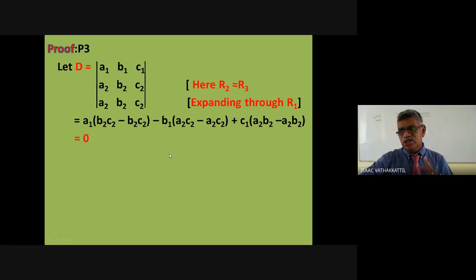So what is the property? If you have any two rows identical in a determinant, keep in mind, any two rows identical, its value is 0. We are going to encounter that many times. Right now, let me keep examples for later, we'll discuss them. Or if you have any two columns identical, the value of the determinant is going to be 0. I'll take up examples also on the way. Let me complete the properties now.